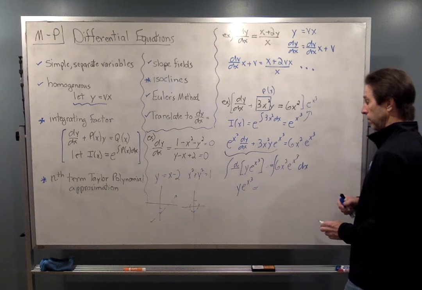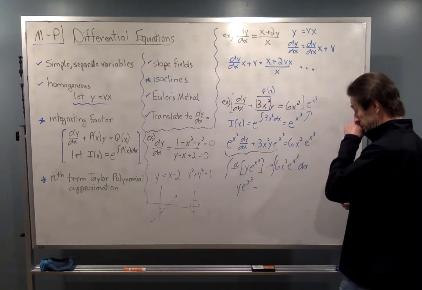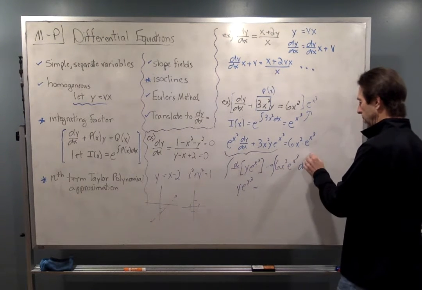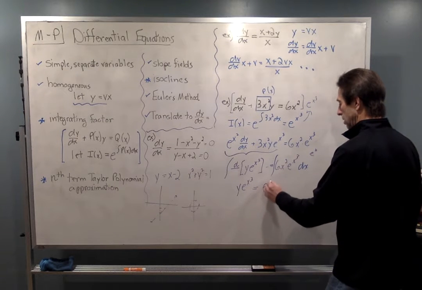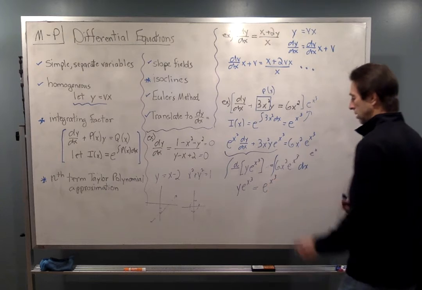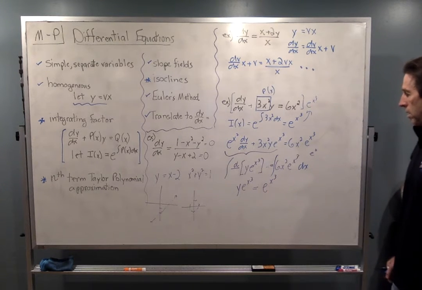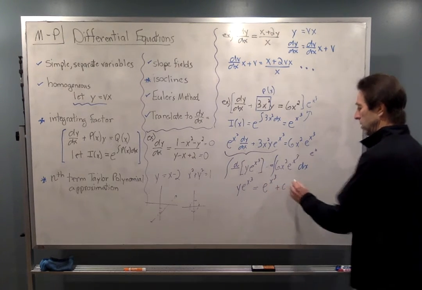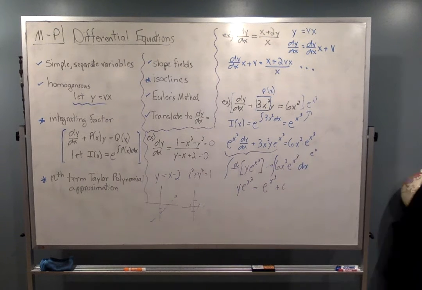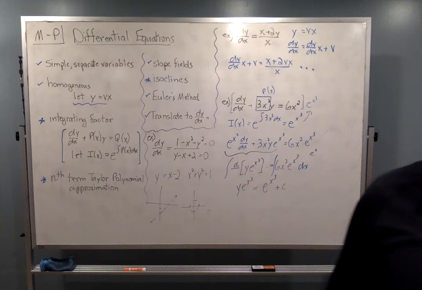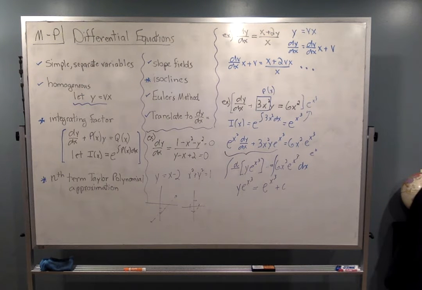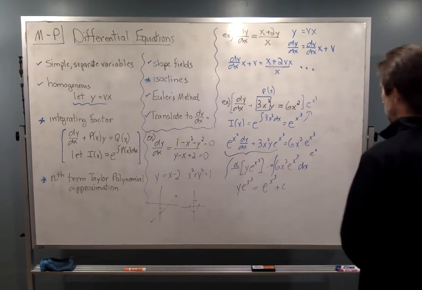The integral here, if this is u, this is du, so we're basically integrating e to the u. So of course that's just e to the x cubed, plus c. So if that's the case, we have y e to the x cubed equals e to the x cubed plus c, and I think